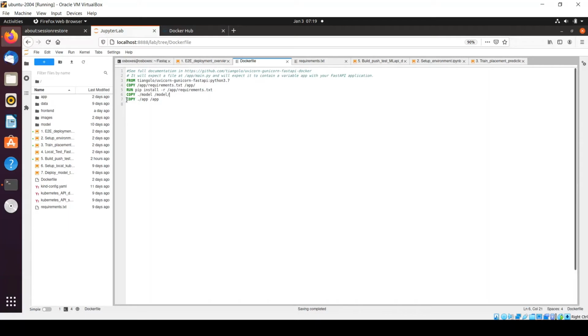And in the last step, we are simply taking all the content from my app folder and we are copying it within the app folder within the Docker environment. That's what we are doing here. And with the help of these 5 statements, we will be able to build Docker images, and then we will push that Docker image to the Docker registry.